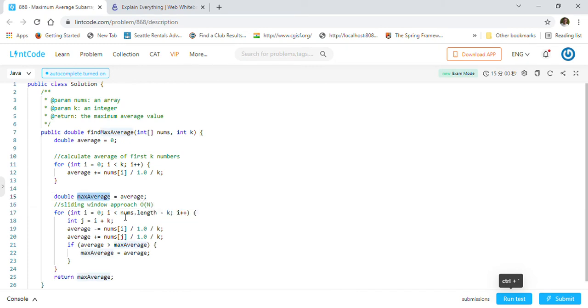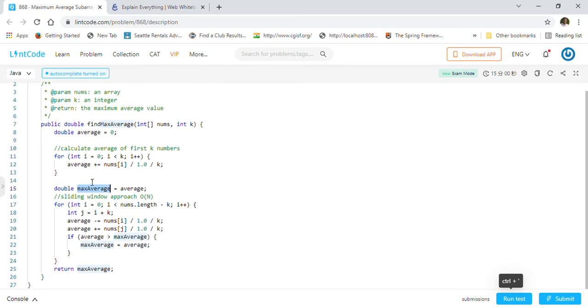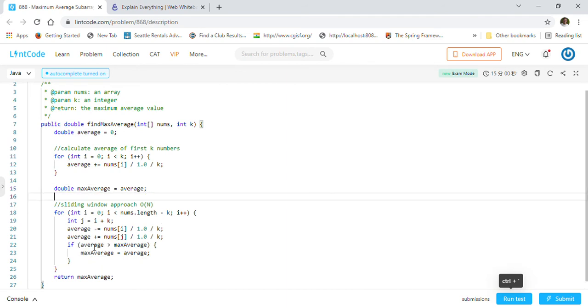So we created a double variable called max average, and we initialized it with the current average, right? The max average is the one that we will return at the end, and it will keep updating during the sliding window process. So what happens now is we will have this j. So j is equal to i plus k, right? i is starting from 0 and going until the end of the nums array. And j is i plus k, and we are subtracting nums of i from the average, and we are adding nums of j into the average, as you can see here.